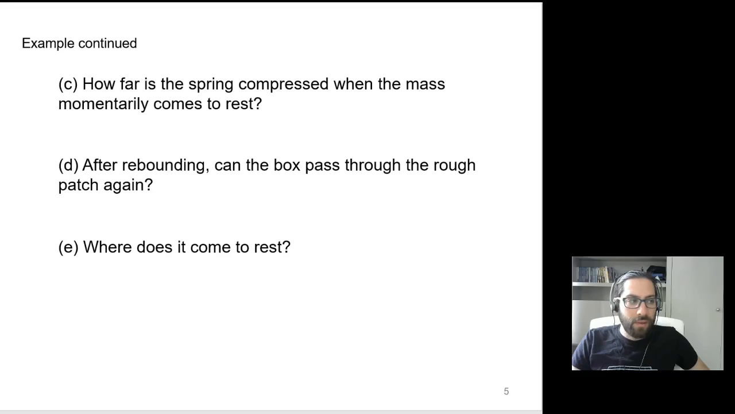For the second part, I want to talk about how far is the spring compressed when the mass momentarily comes to rest. And after rebounding, can the box pass through the rough patch again? Where does it come to rest? Okay, so to solve these problems, what we need to do